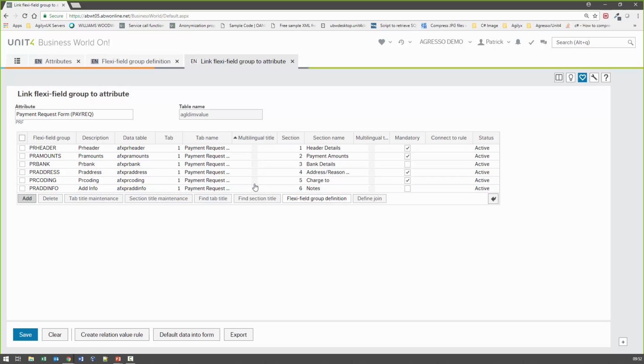Again, multilingual, you can do that if you have a multilingual system. This section is in the order in which they will display. Now, in the forms layout, which we'll go to, you can actually reorganize them. So this will mostly be for if you have, for example, FlexiFields on a cost center. Well, you can't apply in the